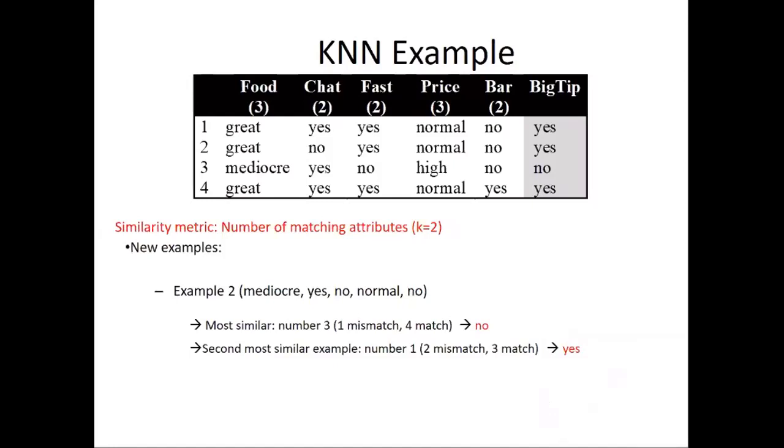But when k values are even numbers, usually k values should never be an even number, because 50-50% chances will be more. So it is always preferred that k has to be an odd number. Is it clear? Then this kind of ambiguity will not be there. Usually, if you are applying the KNN algorithm, most people take the k value as an odd number: 1NN, 3NN, 5NN, 7NN, like this.